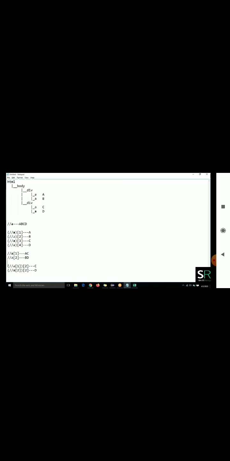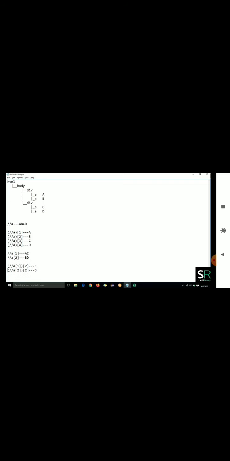Let me repeat this example, C and D. How are you getting C and D? I am using /A of 1, which means we know A and C. Are you guys getting it?